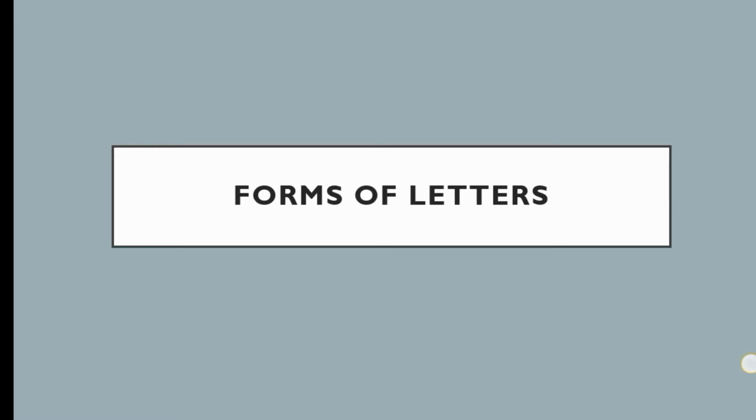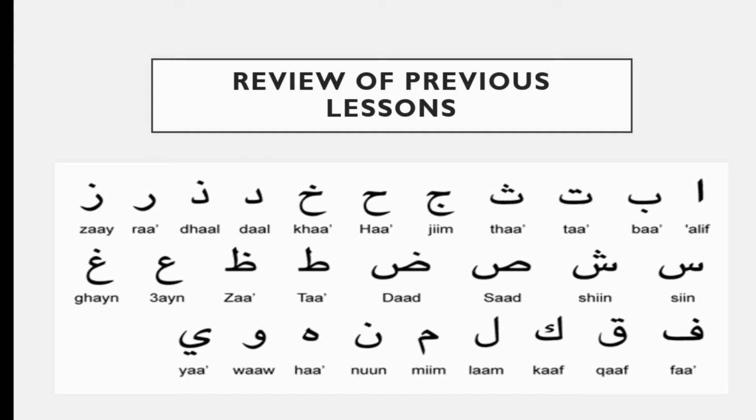In this video, we'll be talking about the forms of Arabic letters. In the previous lessons, we did makharij, and by now I hope you've been able to pronounce the letters and recognize them. The first letter we have is alif, then ba, ta, tha, jim, ha, kha, dal, dhal, ra, zay, sin,